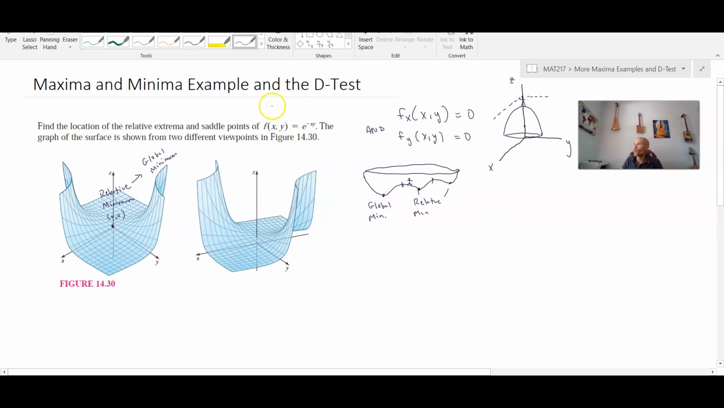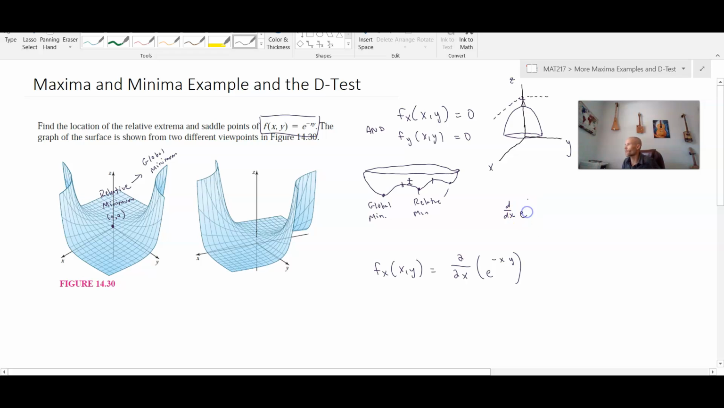Okay, so for this function right here, we want to find its two partial derivatives. So f sub x of x comma y will be the derivative with respect to x of e to the negative xy. Okay, well, how do we take the derivative of that? Well, we know that the derivative of something of the form e to the x, or e to the, if I took the derivative in